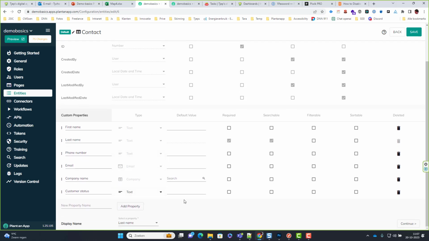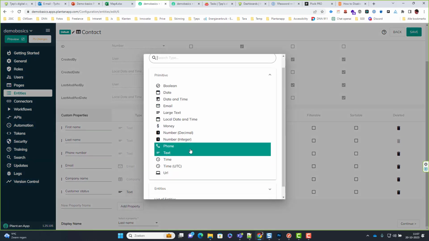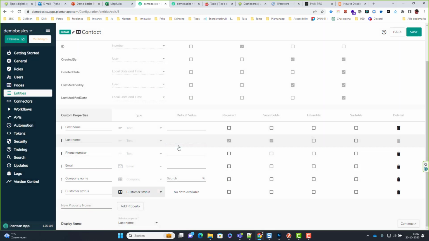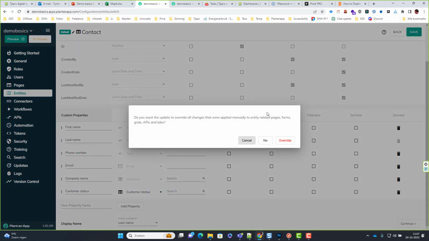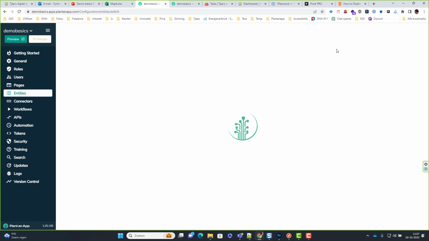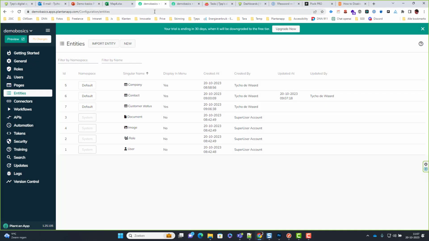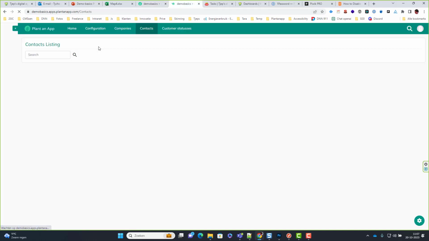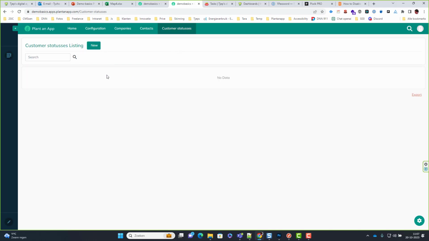Again, we are not going to do just a text field. We're going to make a relationship, in this case to customer status. We're going to save it, we're going to override it. So this is now done. We're going to refresh the preview. So there's now customer status, and I can add